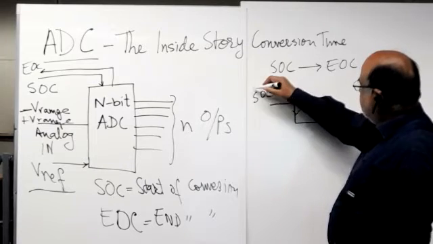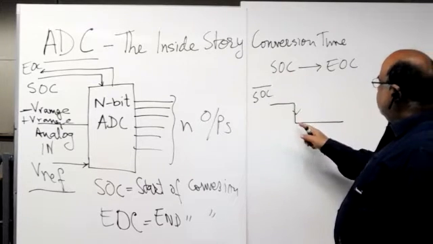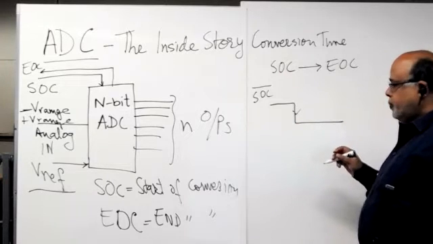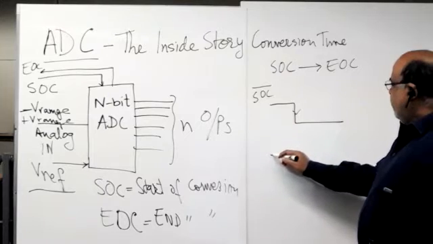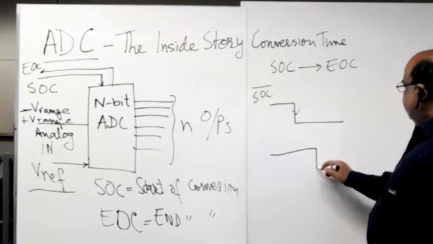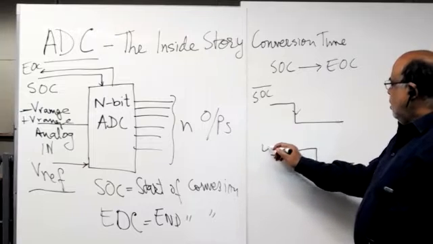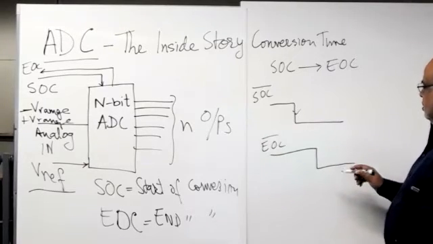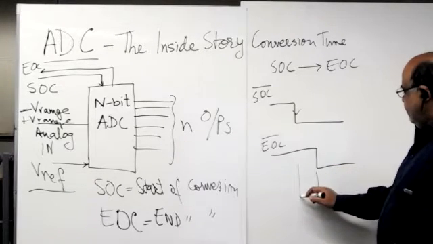This is where the conversion will start. So end of conversion is output of the ADC. So it will go low after a certain time. So this time over here,